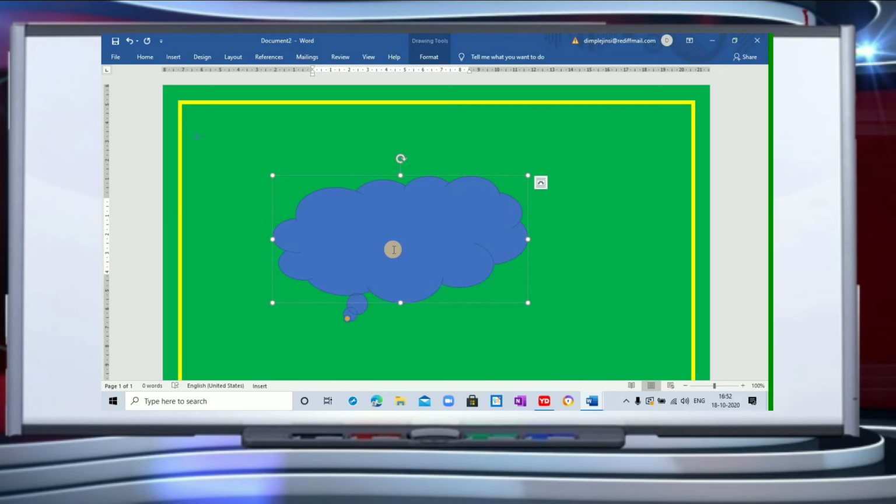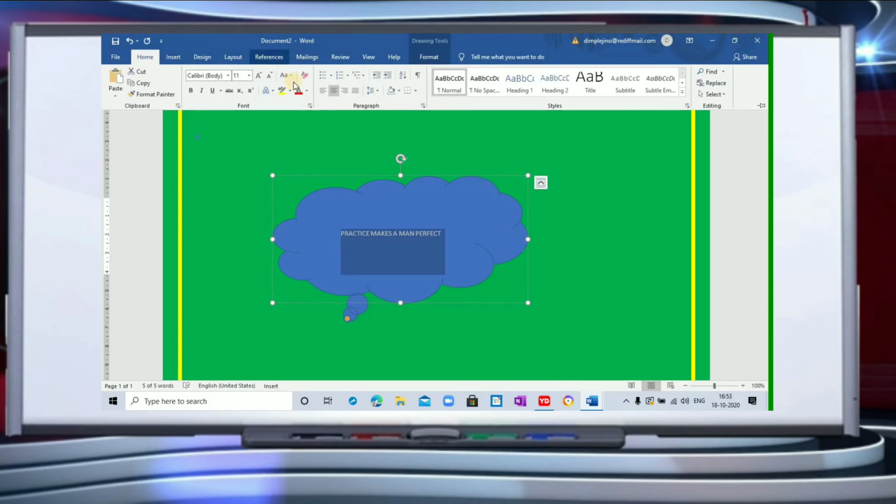Children, when you right click, you will also find a font option. So you can click on font and you can type into the shape. Supposing I want to write "Practice makes a man perfect." So I have written this text here. I can highlight it and change the text size, whatever I want.